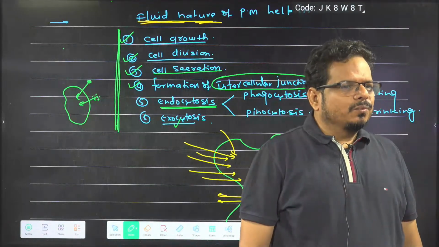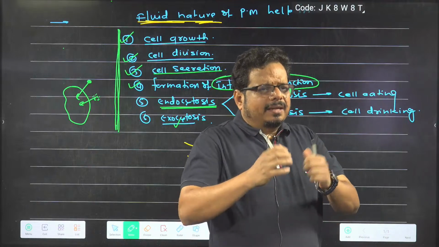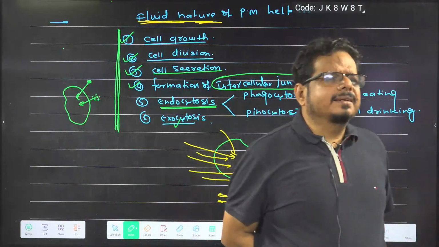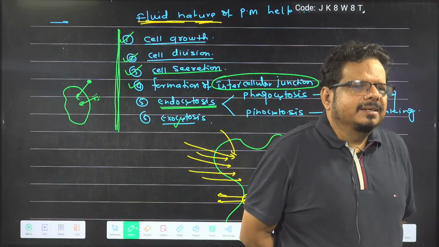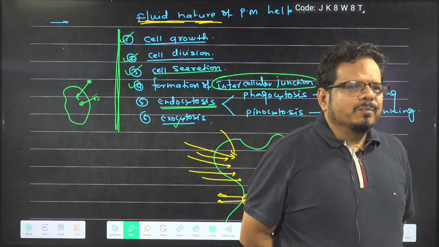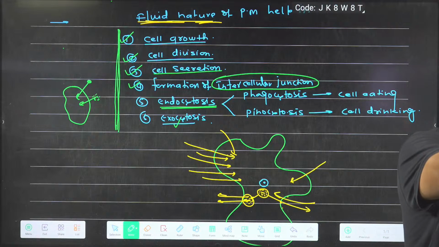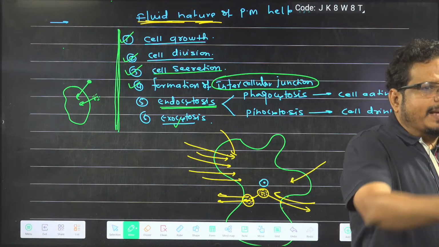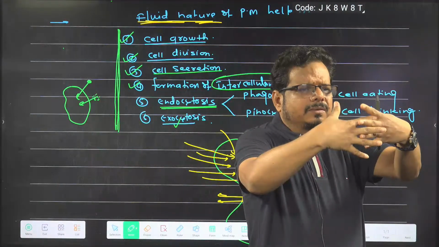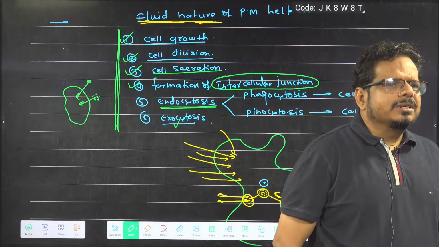So due to fluid nature, what happened? The plasma membrane broke. As water went out, what happened? Who joined once again? The plasma membrane rejoined immediately. So there is no space for water to come in. At a given moment of time, suppose that with force water is going from this side to that side. So at the same moment, water can't come in. As water goes out, the plasma membrane gets resealed, because it is like water.